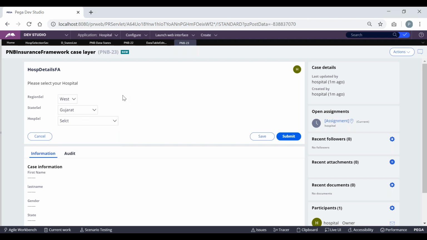So likewise, whatever value I'm selecting here, if you just click on clipboard, the value will be passed here, and that parameter value will be passed internally with the report definition.